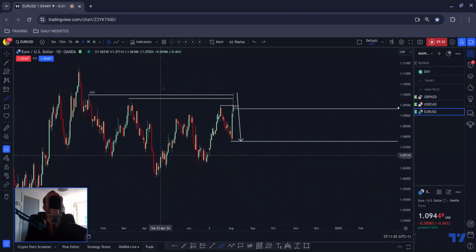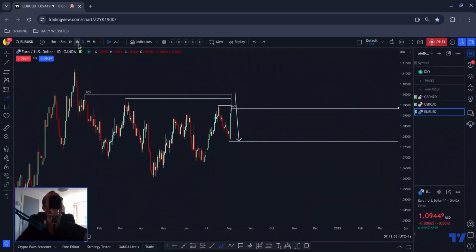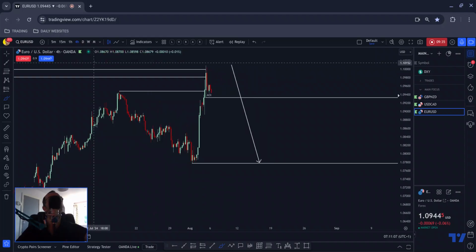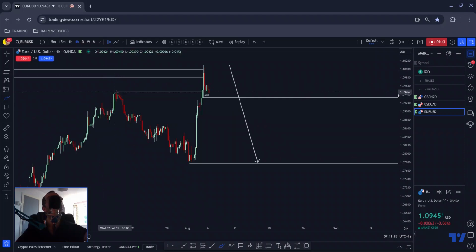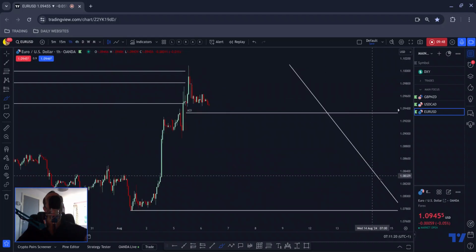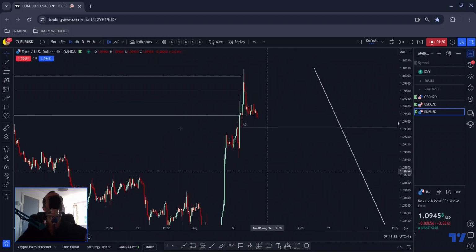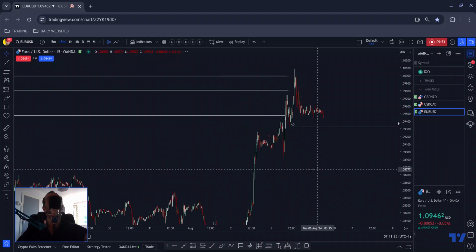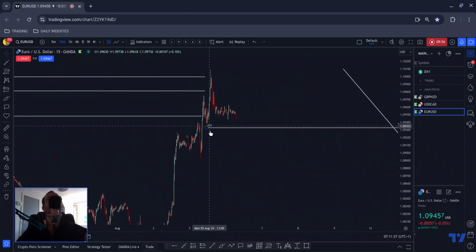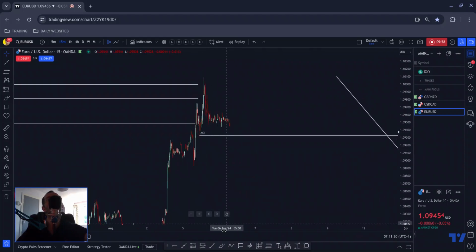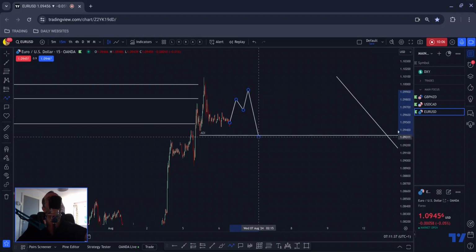Now if we just zoom down, this one, you have to be a bit careful with this one, and I shall explain why in a minute. Potentially this could be a move to the upside. If we just zoom in, you can see we're still at this moment in time trading above here, and there's a potential buy setup at play here. You have to go down to the 5-minute to see this. Now, see this hook here, that could act as the base of a potential bull flag, which does something like this. So we could see something like that, tap into that, and then start moving to the upside,